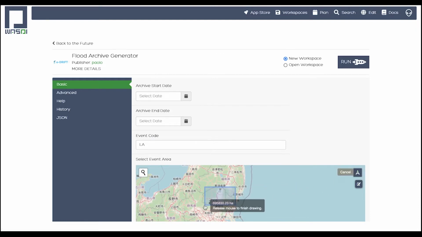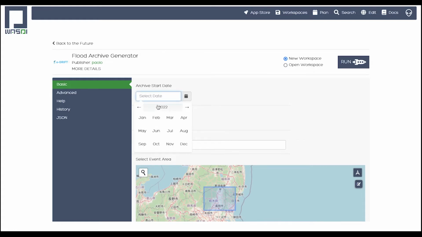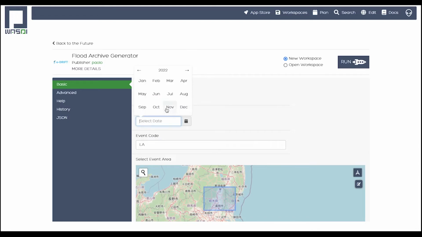So we select our AOI on the map on which we want to have the results, and then, for example, we can select the start date and the end date of generating the flood archive. So we can use a date like 1 month or 2 months before the flood event, in case the flood was ongoing for a long period. But if the flood was ongoing for a shorter period, we can also select a couple of days before the flood event. So for example, here we can select 1st of October, and then we can also select some dates post the flood event. We can, for example, select 1 month,